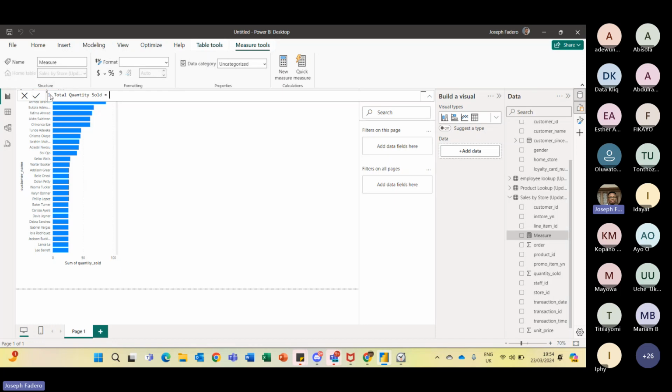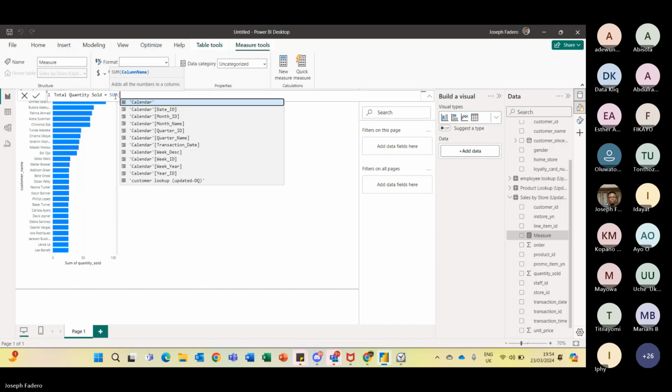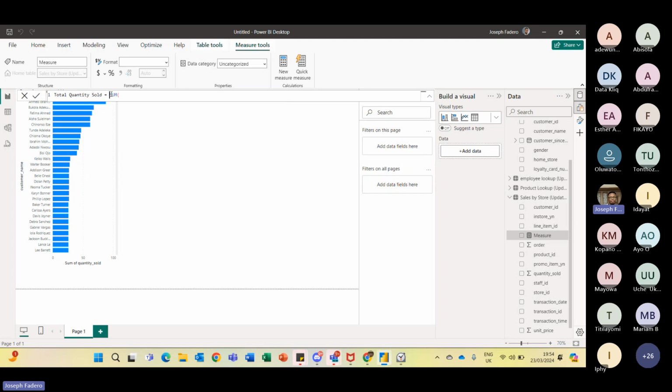Now I can say equals to sum. So by default, we have a lot of our basic aggregation measures in Power BI. In Excel, we have them too. Now, there's a key distinction between how Excel and Power BI do their own calculation, so we need to note that as well. But what the key distinction is right now,